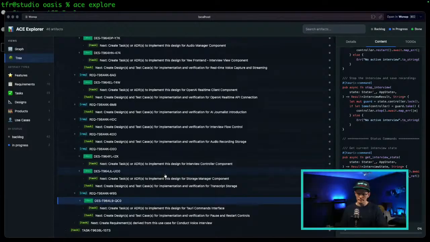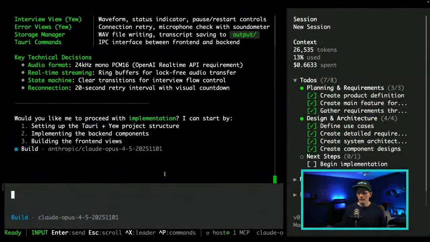So, okay, would you like me to proceed with implementation? I think we've shown here how the ACE framework works in a very, very short way, right? So I've shown you how the AI interviews me to get a very accurate context of what I'm trying to do. Then using that, we're generating a lot of artifacts that we're chaining the right way to make sure that we have a comprehensive overview of what we're trying to do and make it so that we can easily reconstruct context as we go forward.